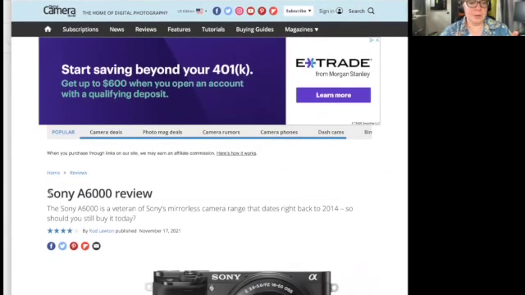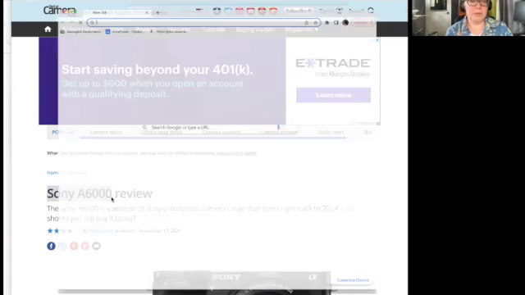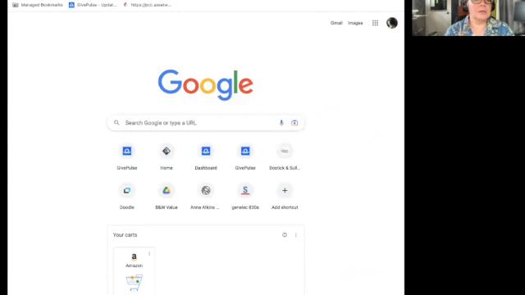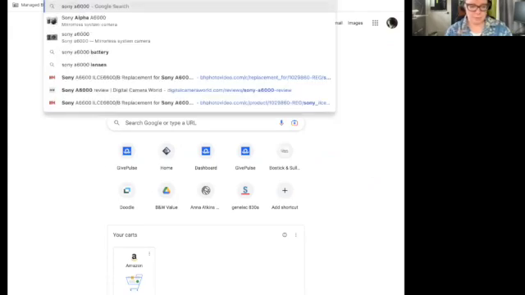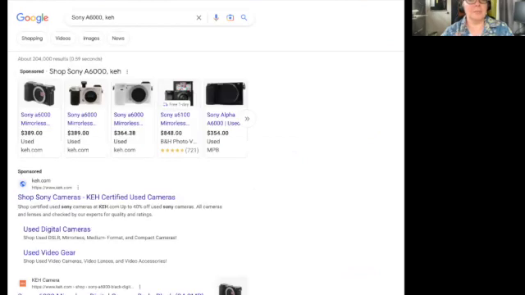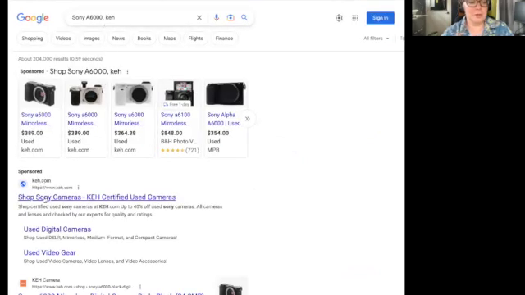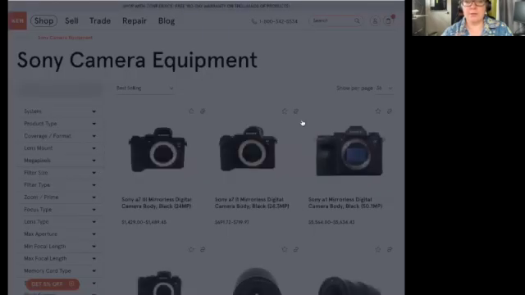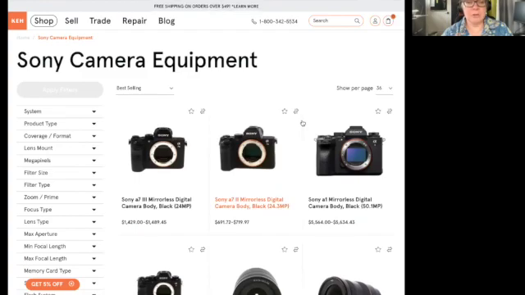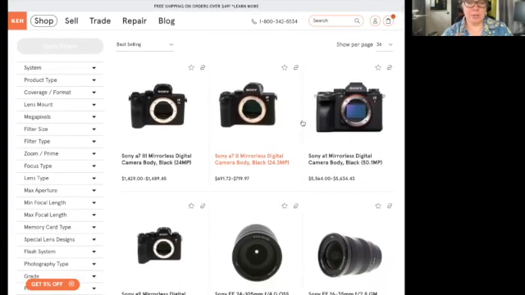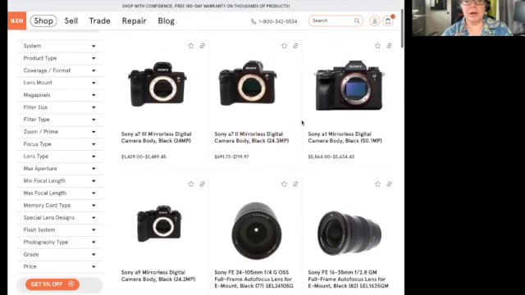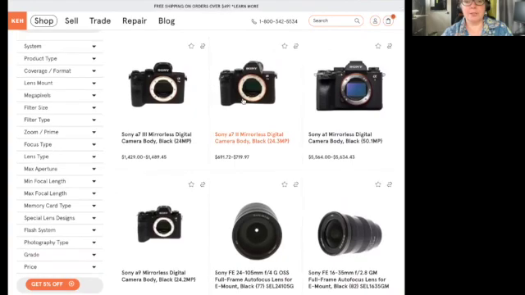Let me show you something else. What about if you go Sony a6000, Command N, and what if I go to a used place like KEH, a used and guaranteed certified seller. If you don't care about getting something that's older, you could buy yourself a pretty decent camera used. So if I was going to look at the Sony a7 II,